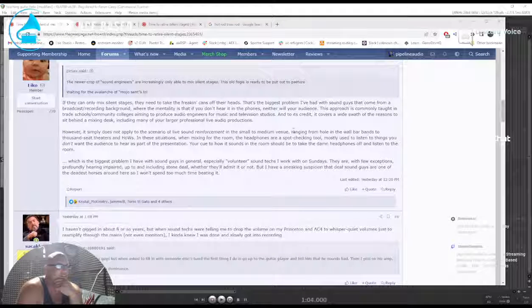In these situations, when mixing for the room, the headphones are a spot checking tool mostly used to listen to things you don't want the audience to hear as part of the presentation. Your cue to how it sounds in the room should be to take the damn headphones off and listen to the room. This is presented kind of as a false dichotomy,